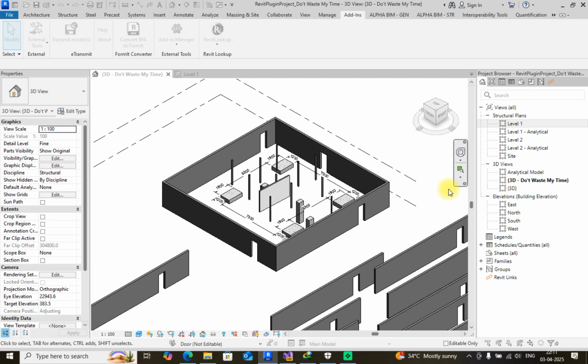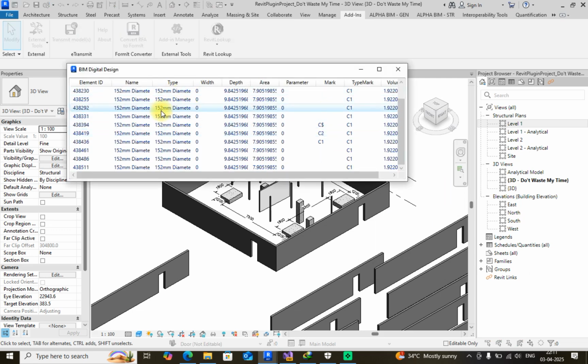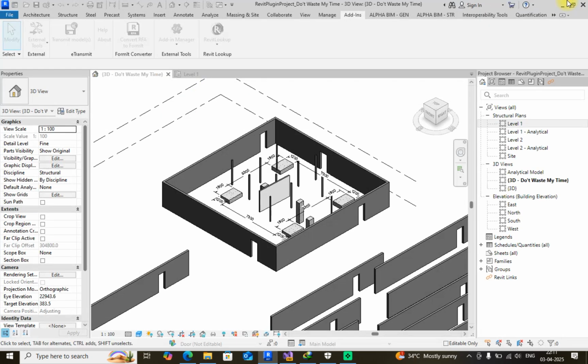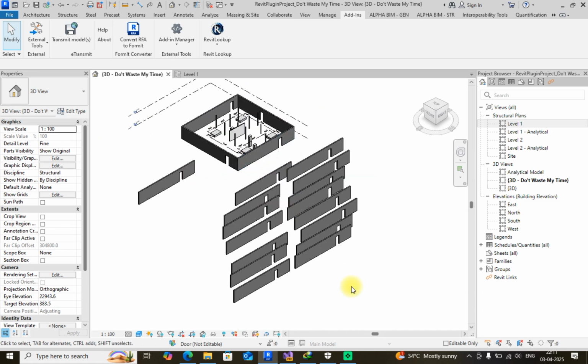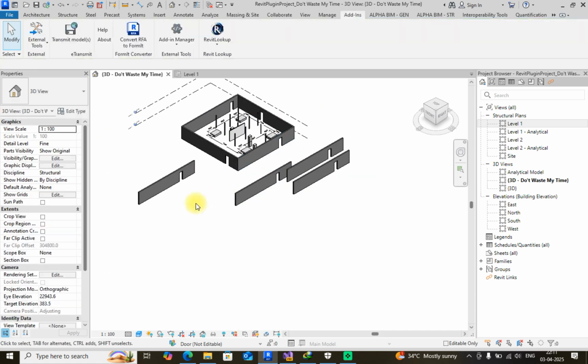So for the QA and QC, this is the best plugin that I prepared, so you can get all the information. Actually, today in this video I try to demonstrate how exactly we can create such type of plugins where we can get all the information regarding any elements. Like suppose if you want to get the information about the walls,